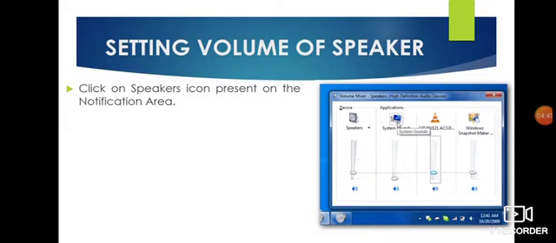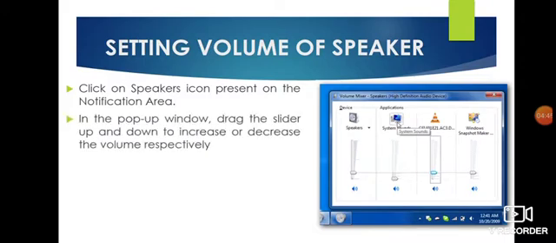After clicking on that icon, you can see this picture. This window is the volume mixer window. In the pop-up window, drag the slider up and down to increase or decrease the volume respectively. Through this you can change the device sound, the system sound, as well as your application sound.